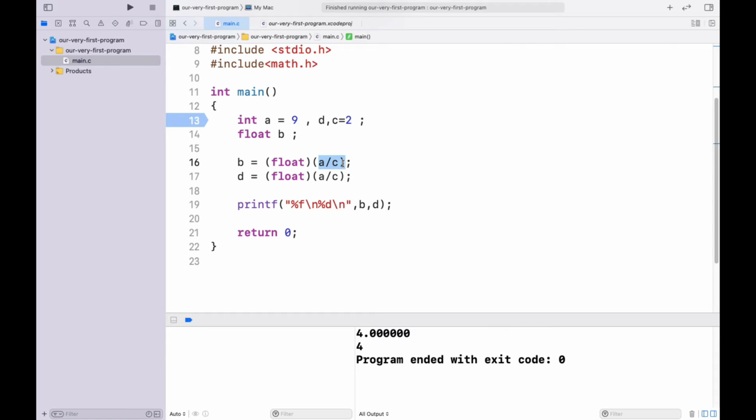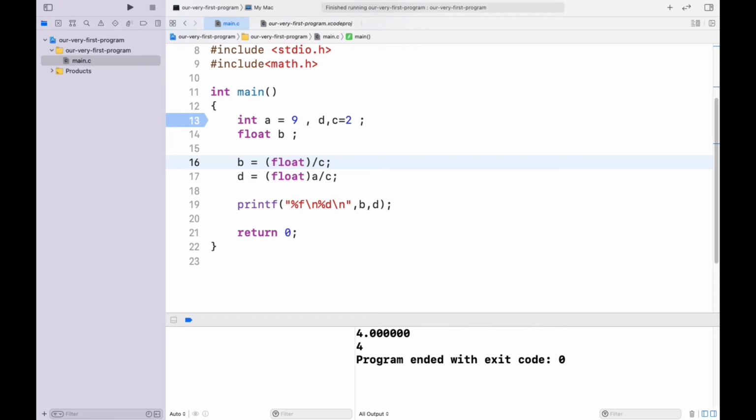So what we need to keep in mind is that we need to change one of the variables into the highest type, and we will yield an answer according to our need.